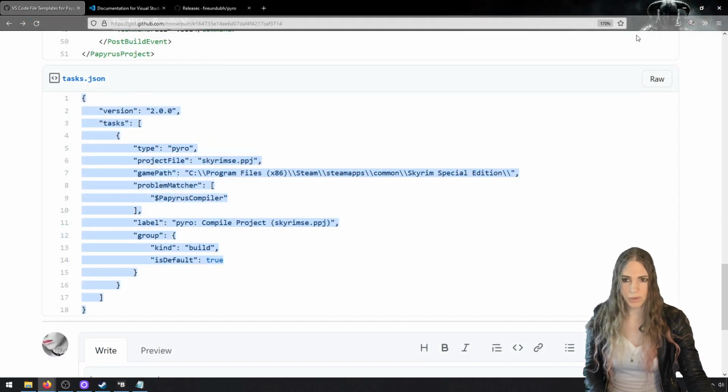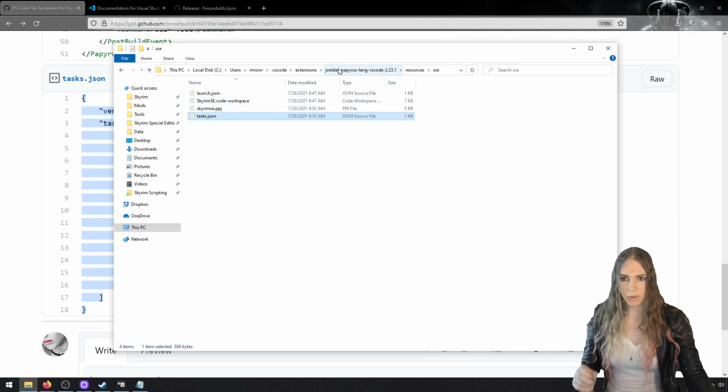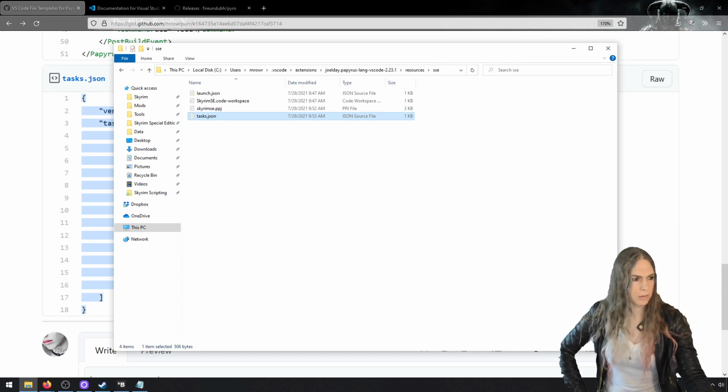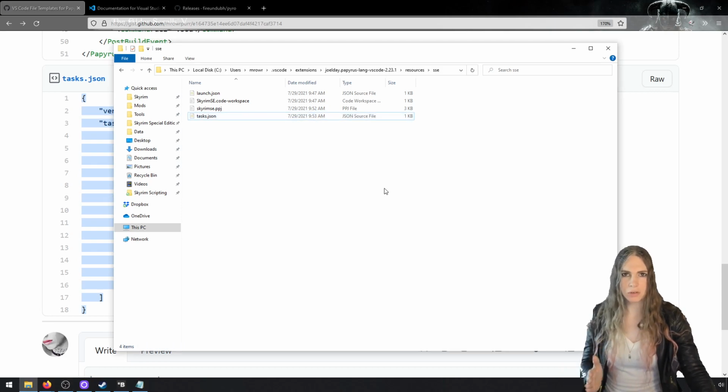And now we're done. We updated the Pyro, and we updated these two things. And now we're up and running and ready for Visual Studio Code. Let me decide if I want to show you how to make a mod with this. I do want to show you how to make a mod, and I also need to make sure that we